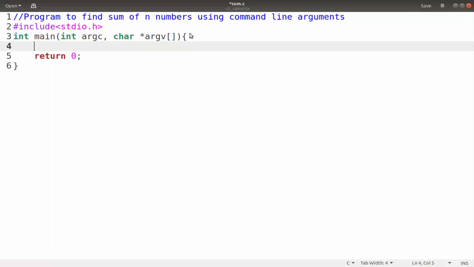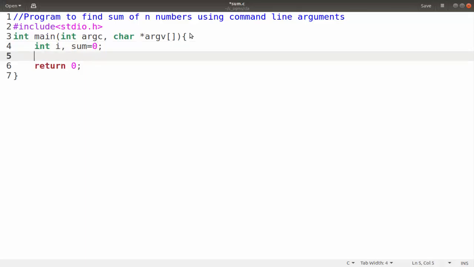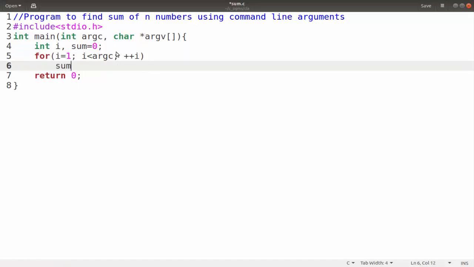We will declare int i for iterating through the arguments, then sum, and I'm initializing sum with 0. As we all know, argv of 0 will contain the program name, so I only need to access the arguments starting from argv of 1. So I'm going to give for i equal to 1, i less than argc, then plus plus i. What I have to do is perform the sum, right? Sum is equal to sum plus